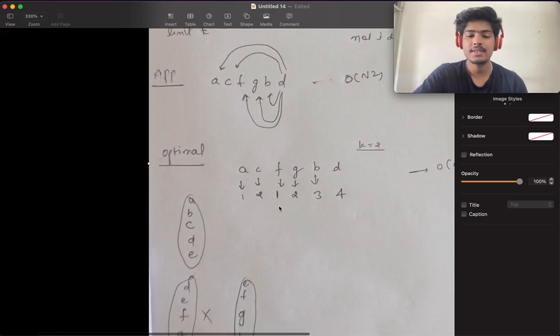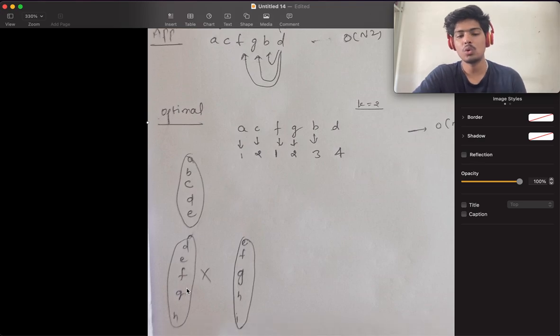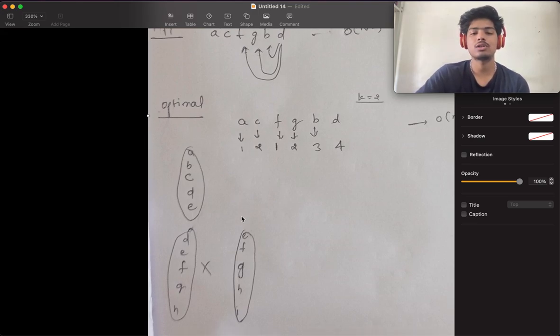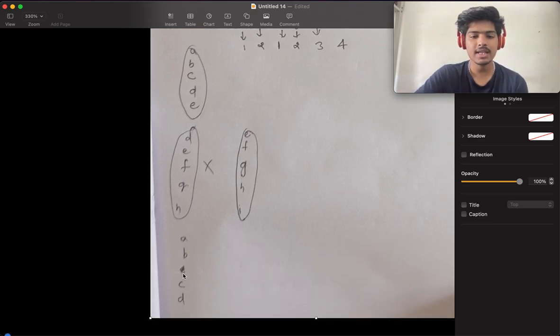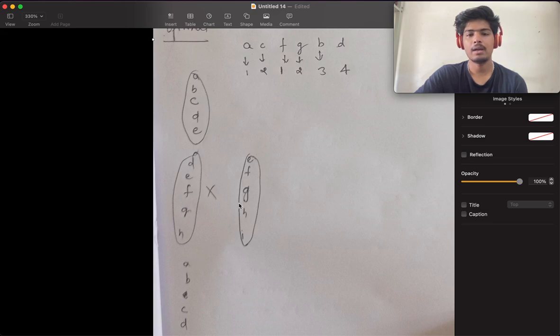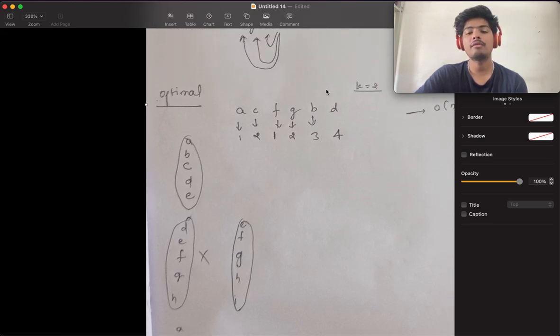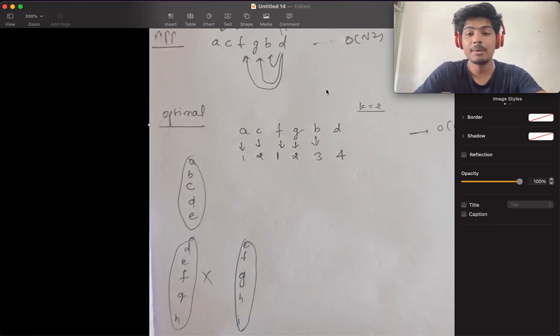Now F का भी same करेंगे. F से दो previous element और दो बाद वाले element. Now we'll check if these elements are present in this subsequence. No, these are not present in this subsequence. So that's why we will return directly one, because F जो है वो single element है. As same we'll take this and check again. We will check the maximum element, like we are taking B, so we will check how maximum element C से बन सकता है, G से बन सकता है, किससे बन सकता है, because हमें तो maximum element लेना है.